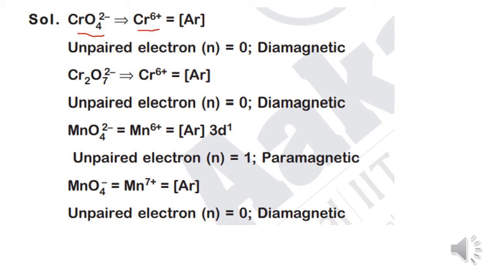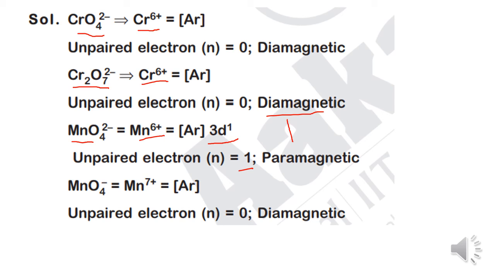And in the next compound Cr2O7 2 minus, Cr's oxidation state is +6. So the number of unpaired electrons is 0, so it is diamagnetic. Now let's check the next compound MnO4 2 minus. The metal ion's oxidation state is +6 and it will be 3d1. So the number of unpaired electrons is 1